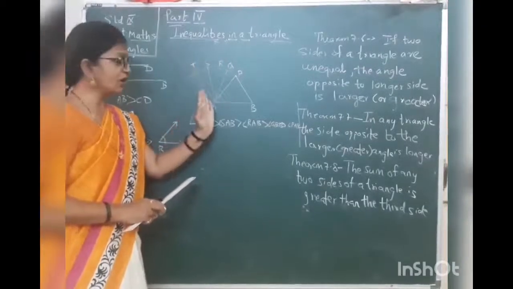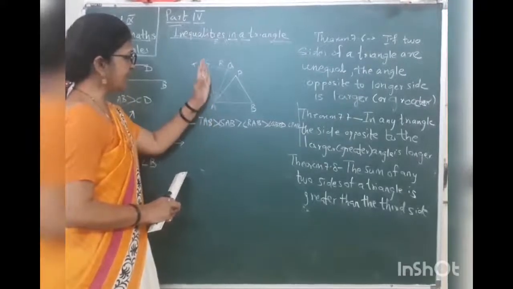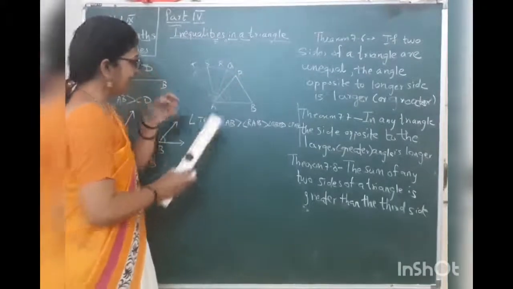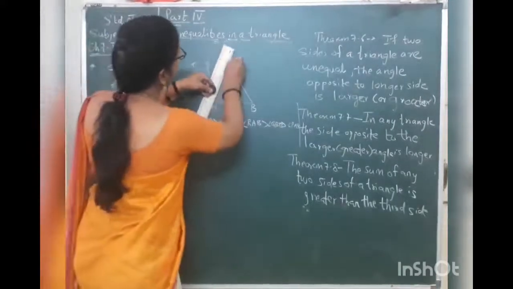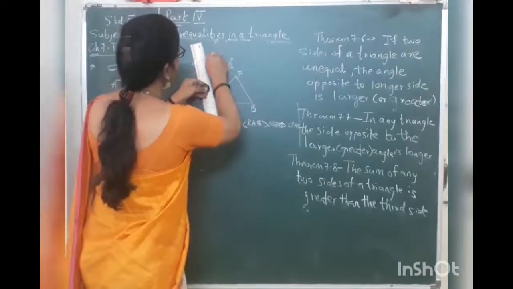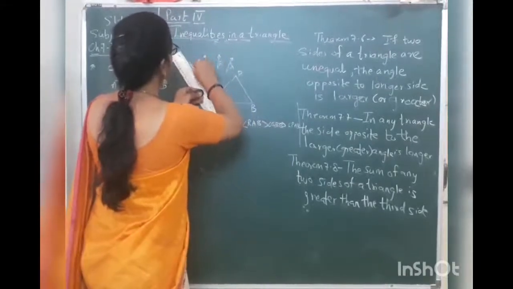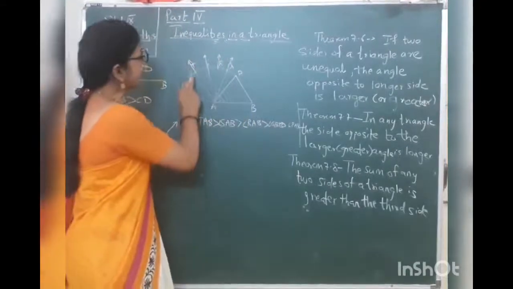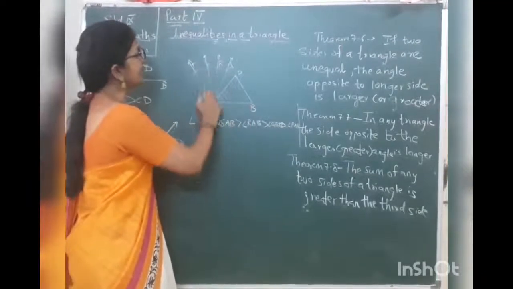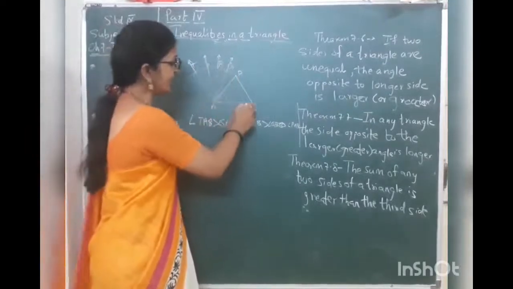Now what we have done is we have marked different points P, Q, R, S, T. Then we have drawn the rays, that is ray AP, ray AQ, ray AR, ray AS and ray AT. Now we have compared the measures of the angles formed by construction. So measure of angle TAB is greater than angle SAB, greater than angle RAB, greater than angle QAB and greater than angle PAB.